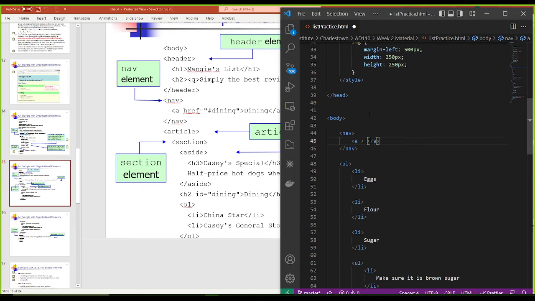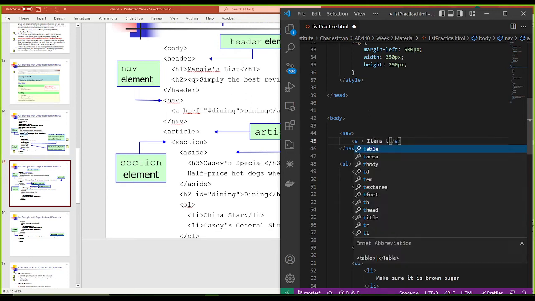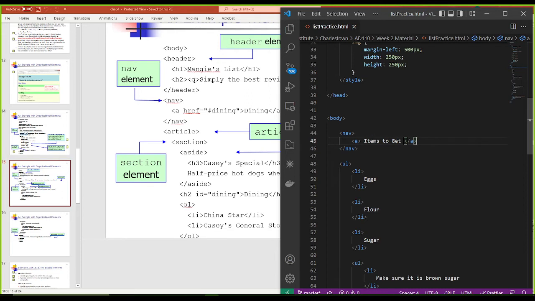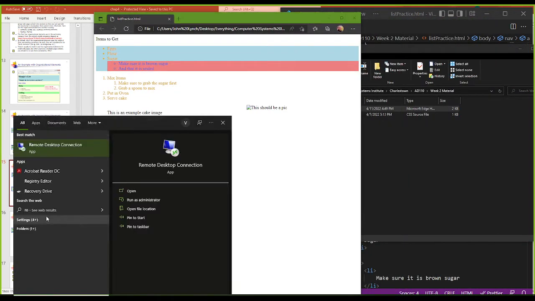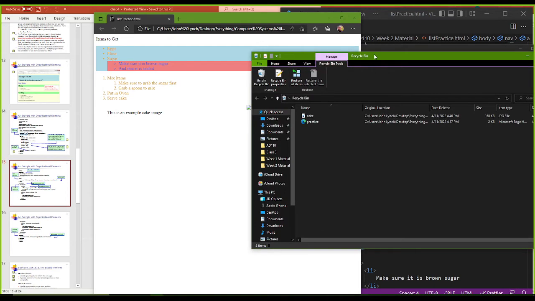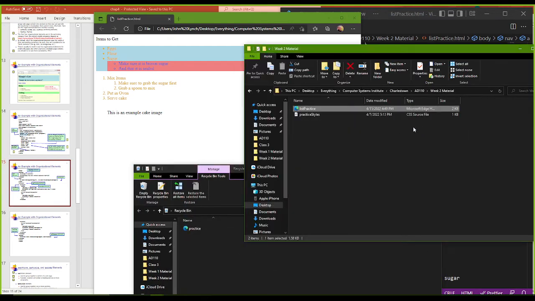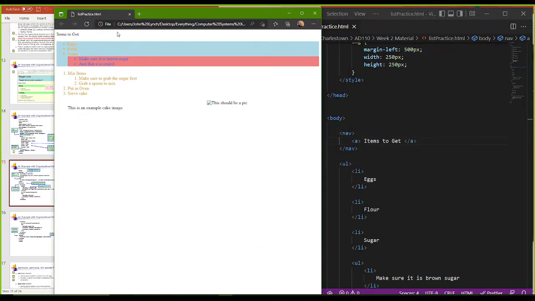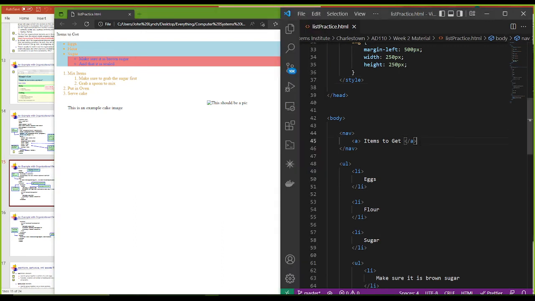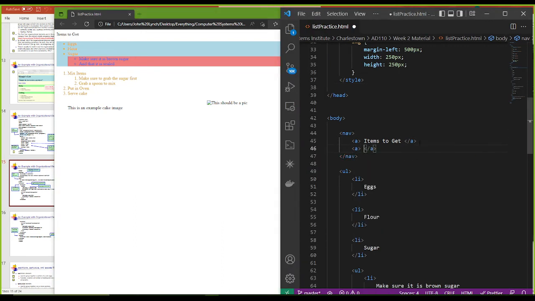Before I add in my dining here, I'm going to go ahead and put ingredients. Actually, let's see here. Let's do something like this, items to get. Okay. Oh, and let me get back my cake image. And we'll see here that at the very top of my code, I now get that items to get. Okay. And if I type in another one,